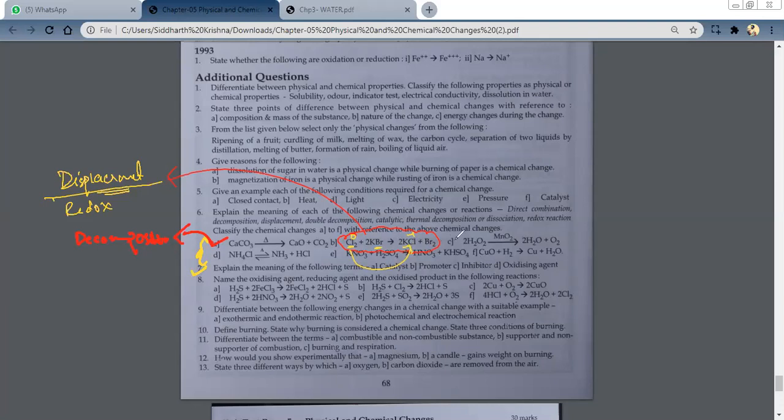Hello, why are all of you mute? You can unmute yourself and answer. So here chlorine is going from 0 to -1. So it is oxidation, right? So why is the charge of chlorine 0? In neutral molecules, it is 0. Let us say the charge is x. So 2x is equal to 0 because the overall charge is 0. So that is why you are going to get x equal to 0.